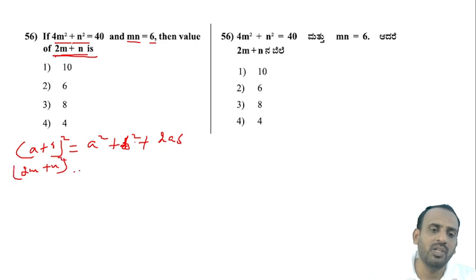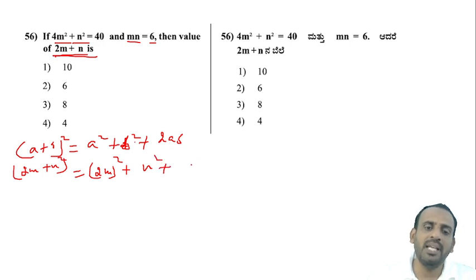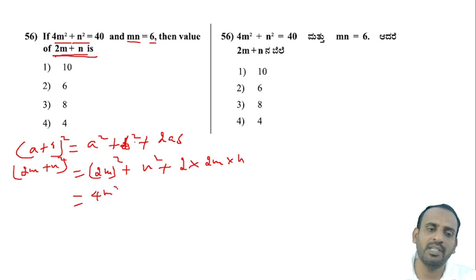So a is 2m, so 2m whole square plus b is n, so n square plus 2ab. 2 into a means 2m, into b means n. So 2m square means 2 square means 4, m square, plus n square plus 2 2s are 4,